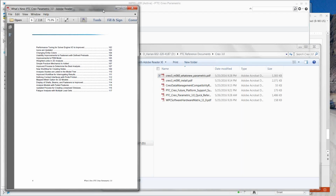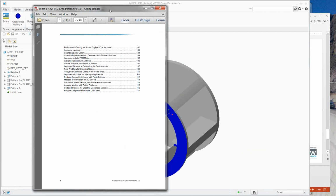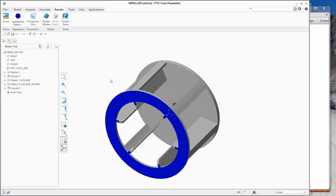Okay. Let's see. Going back to the color question, I guess what Mark was using it for, he says he's typically used this to create a family table to allow a part to have two different colors. You can apply a color to a surface, just not a copied surface. Well, you know what, Mark? If we don't have other questions at the moment, let's copy a surface and find out. Because I see what you're doing is you're copying the surfaces so you can turn them on and off in your family table so that you get different colors. I don't believe that has changed at all, but let's